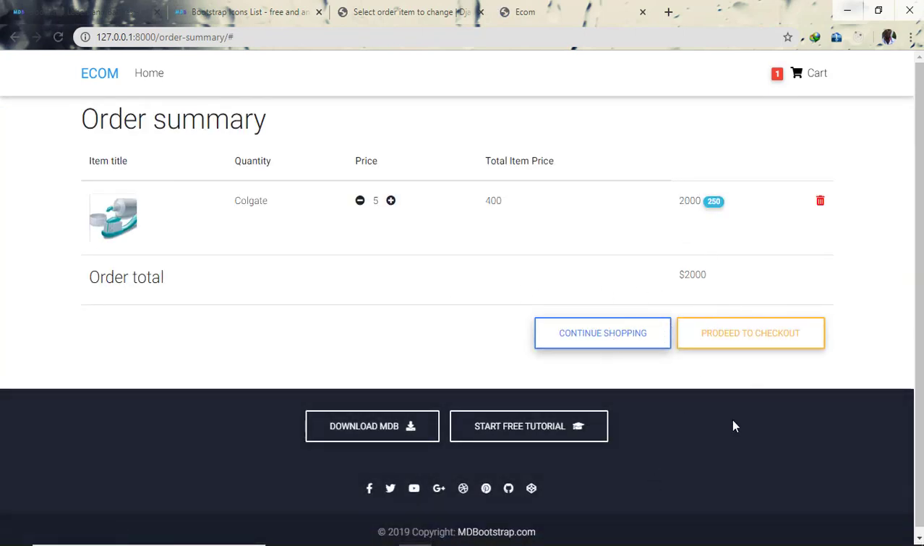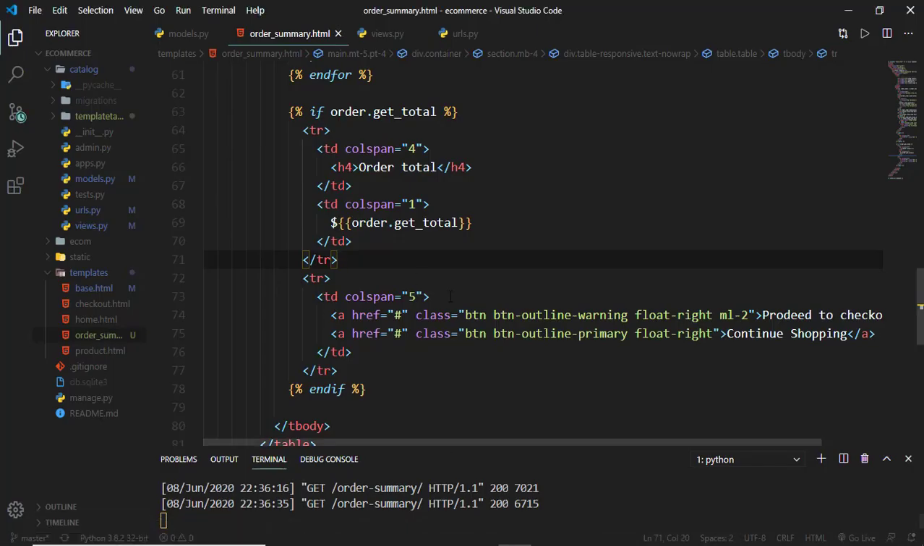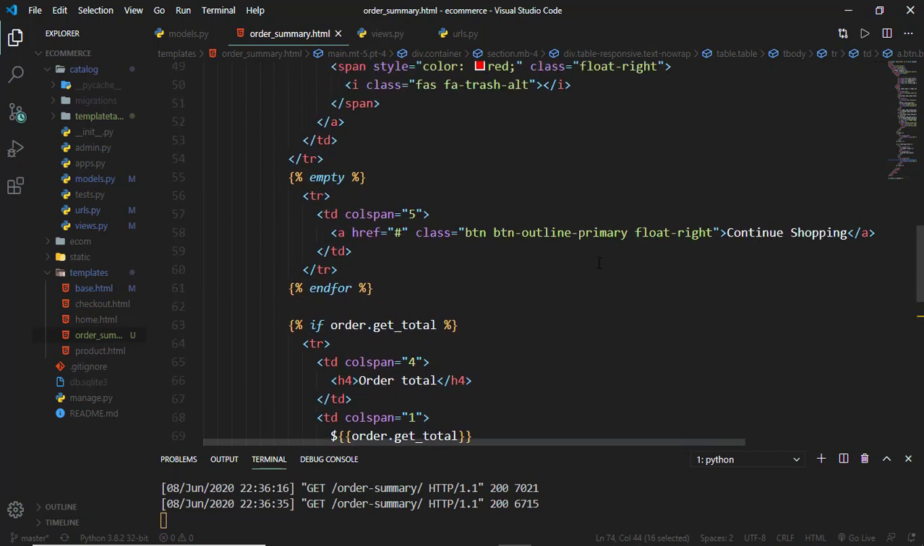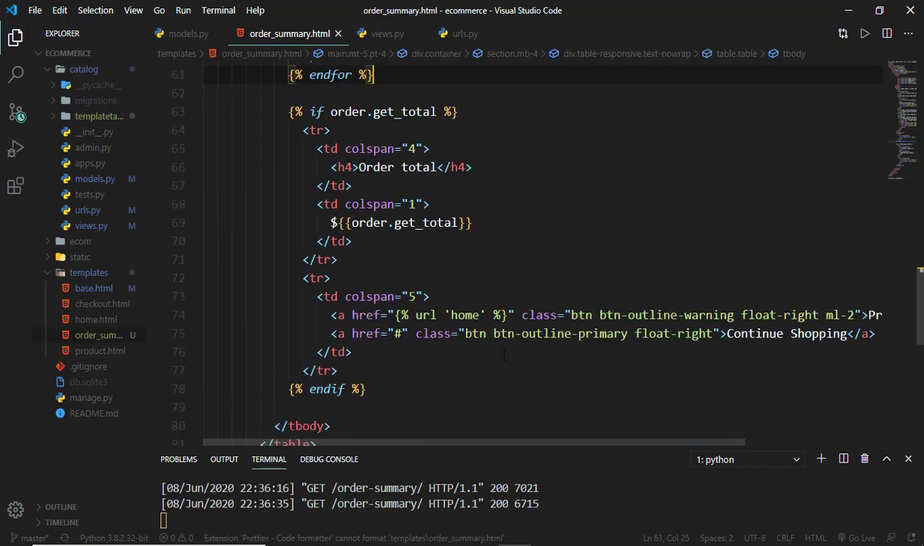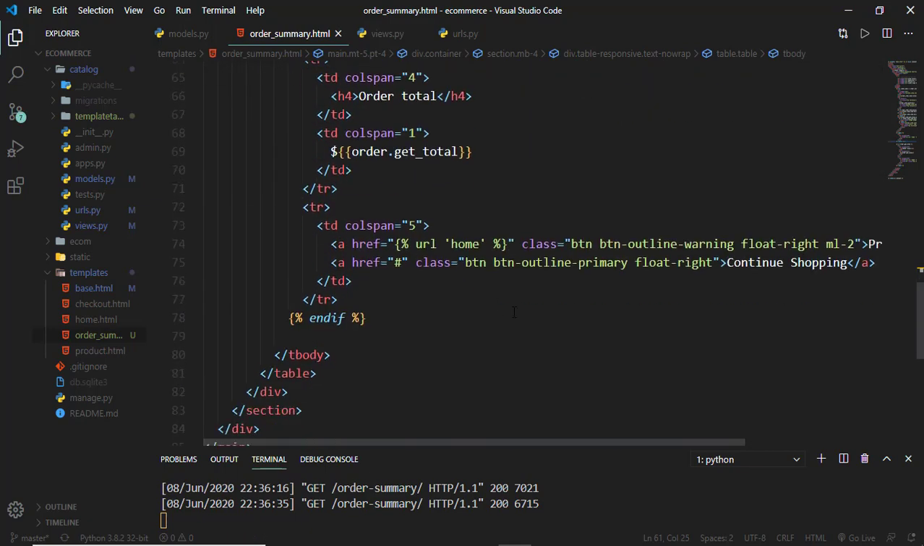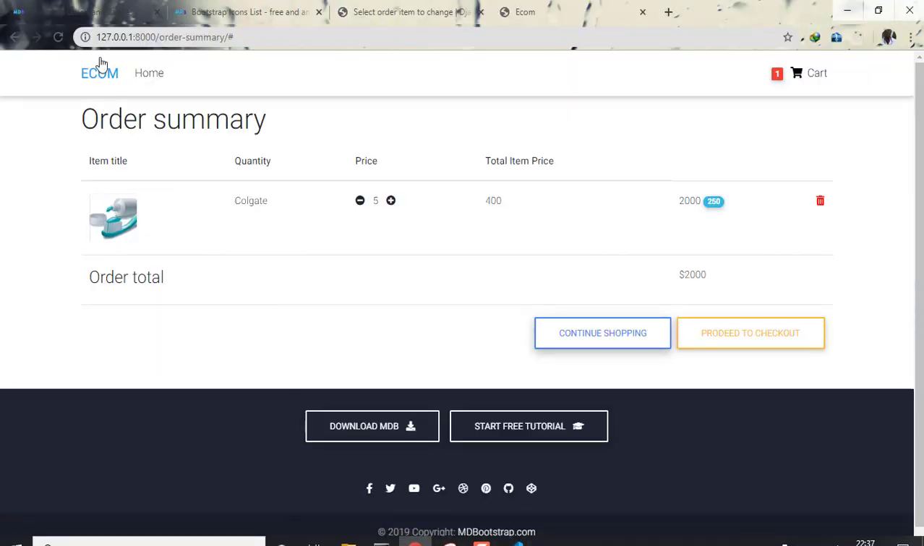So we can continue shopping or proceed to checkout. And for the continue shopping, that will be the URL of home. And we can copy that and do it for that one as well. So paste it there. And yeah, that looks fine. If you come back and take a look,